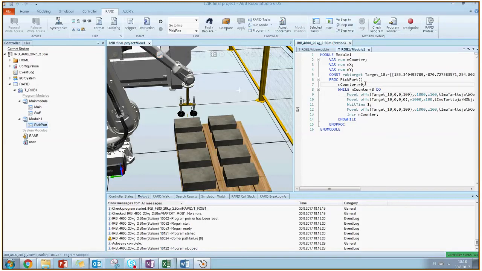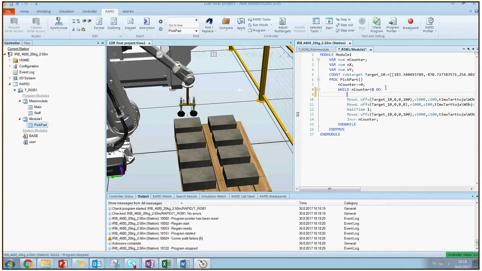And what we need to do now is that we need to make it move the robot somewhere. So we need to utilize these offsets here. So in each loop we want to do something for the n counter variable, and let's try it so that I will put that nx equals n counter div 2, and 2 because we have 2 pieces side by side. Okay, so nx equals n counter div 2,